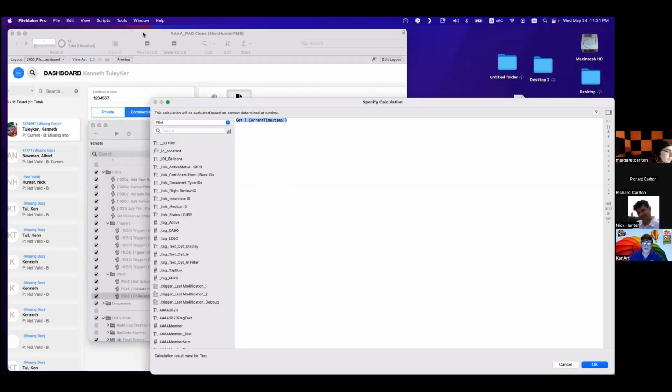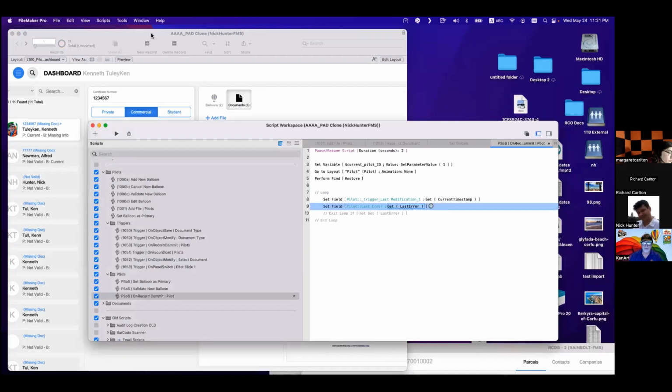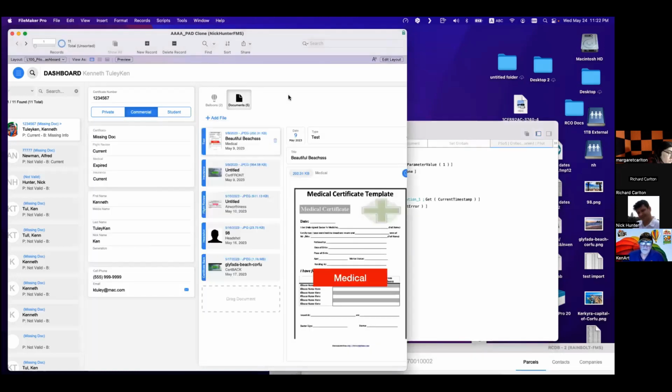That is a good technique, by the way, to get the last errors, right? I have a table for that many times, for when you need to monitor this type of thing. So I'm doing this, okay?